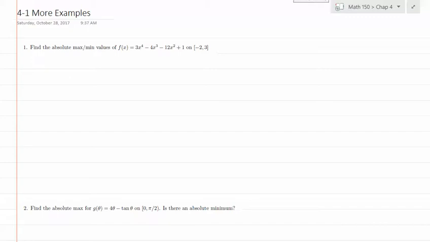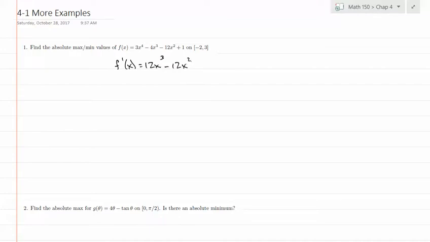Okay, number one, we've got a function f of x. We want to find the absolute min and max values. So the first thing we're going to do is find the derivative, f prime of x, which is going to be 12x squared minus 12x to the third